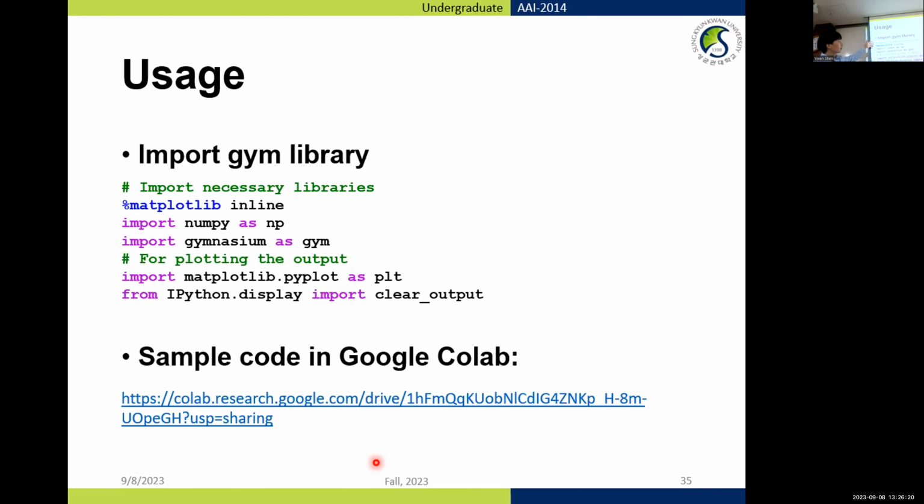Apart from that, if you want to use Gym, we just import gymnasium as gym. Then the other imports: matplotlib is for plotting, NumPy is for dealing with data, and matplotlib inline is for showing the figures in Google Colab. Okay, so if you click this link,